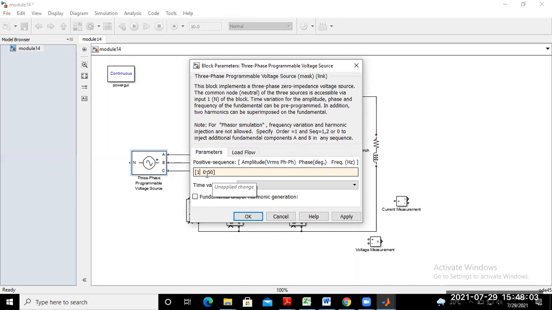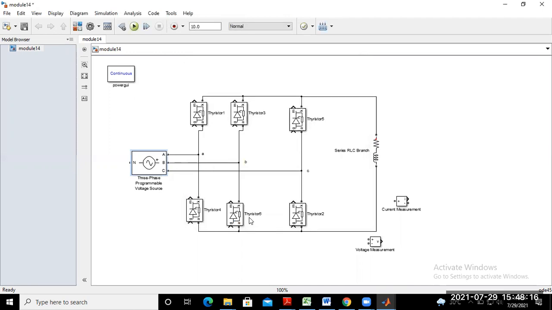You may put any specific value, that means 440 volt, 3 phase. So just apply and okay. Okay. So are we missing anything here, or is it completed?